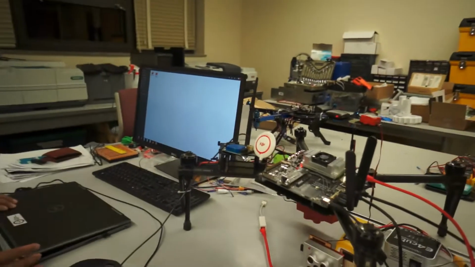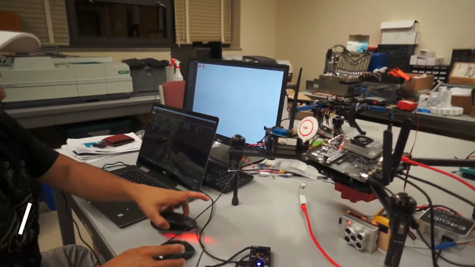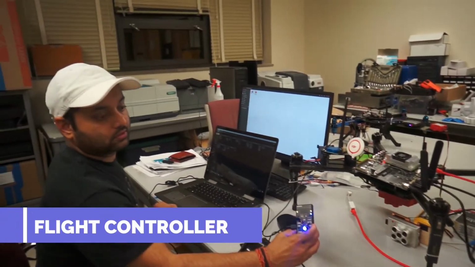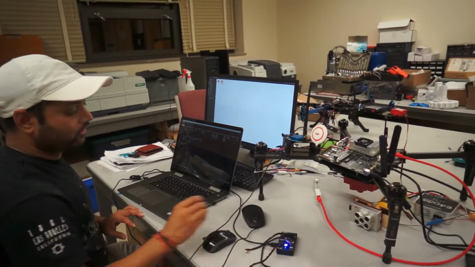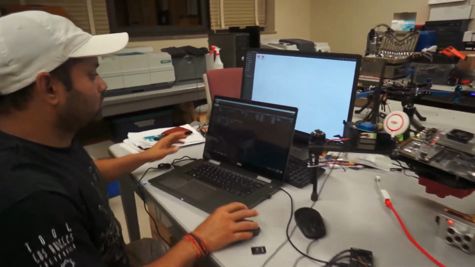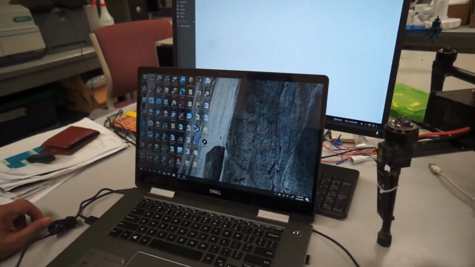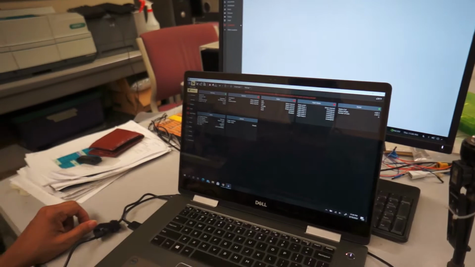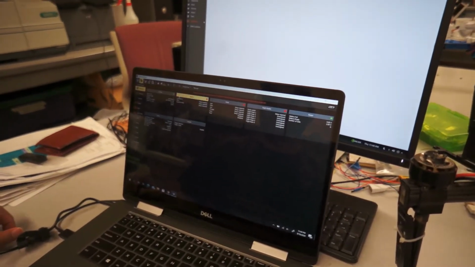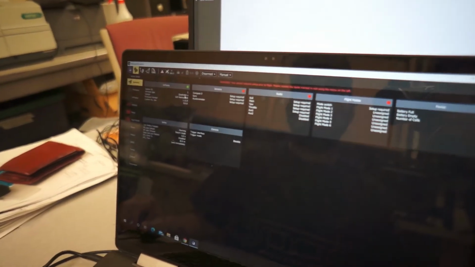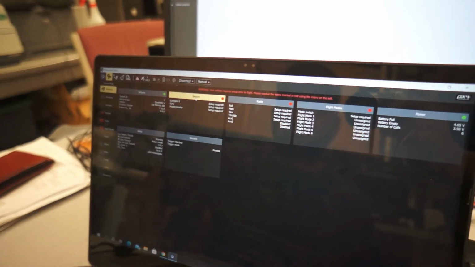Let's check out the drone controller. This flight controller is a Pixhawk 2, of course with PX4 firmware on it. I can show you here. In order to handle this, you use the software called QGroundControl, which I have already opened here. When you see the summary, it talks about different types of airframes that you'll be using. I'll be using a quadcopter with DJI Motors 100s. I have to calibrate the sensors, which I'm having some issues with.